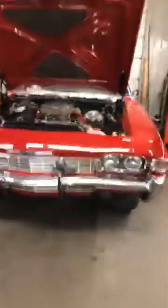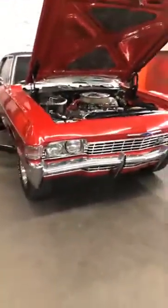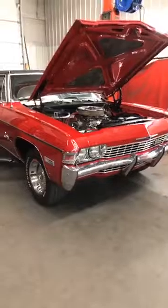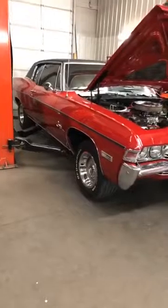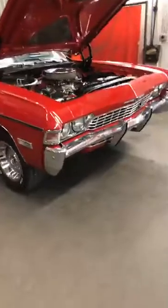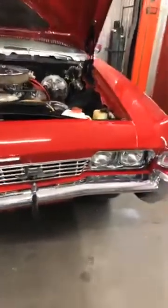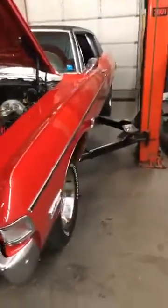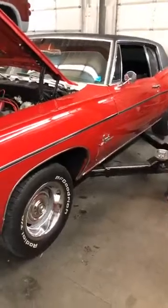So this came in, guy just bought it on auction. It came out of, we'll just say the Carolinas. I don't remember north or south, but we'll just say the Carolinas. Pretty clean, all original car. So it's in here to give it a full inspection, see if he spent his money wisely, and so far we say yes, for what the intended purpose is. She's got a few little dings and a few little whatevers, but it's a really clean 68 Impala